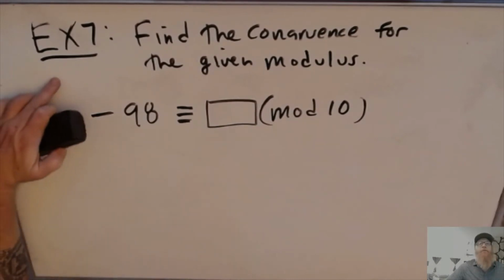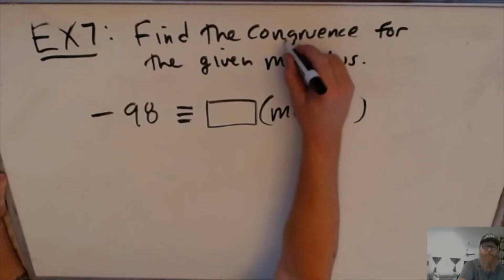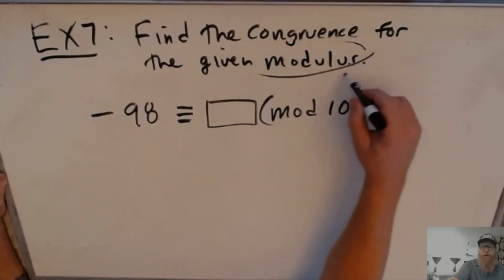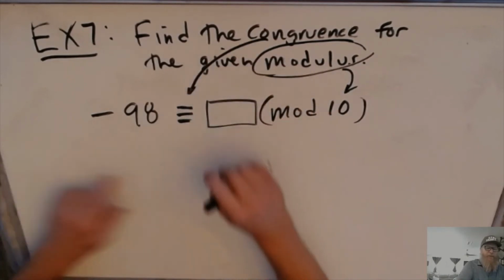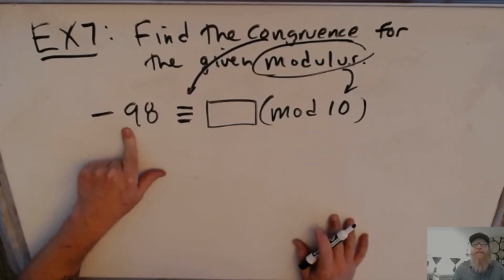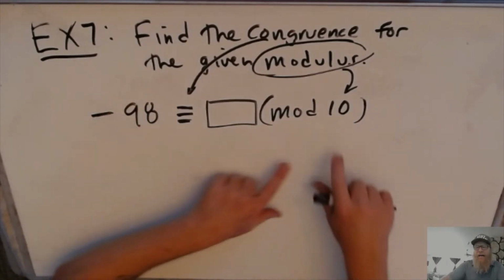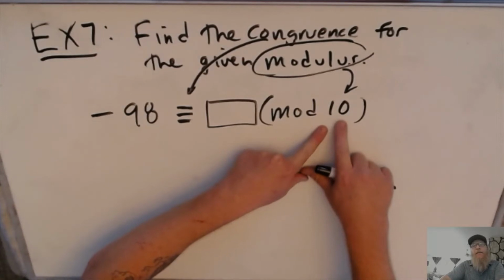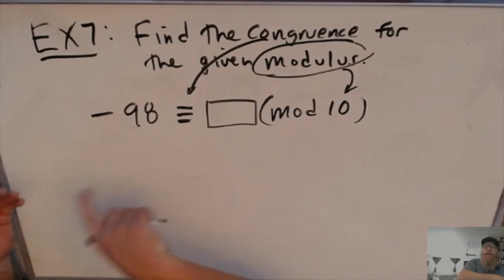Okay, so we're up to example 7. Again, finding the congruence for the given modulus. Our modulus is mod 10, and the congruence is the 3-bar equal sign here. We want to find what value is equivalent or congruent to -98. All right. Now, if this was a smaller number, like -8 or -5, or something between 0 and -10, then I would just go around